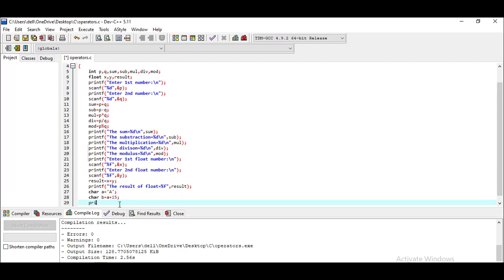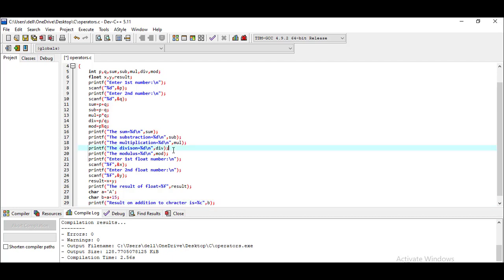So here I am writing one more line, printf, and result on addition to character is, say, equal to, and this time we have to use the format %c. So the %c format is used for character values. Then we have to give the name of the variable whose value we would like to display, so we would like to display the value of the variable b.